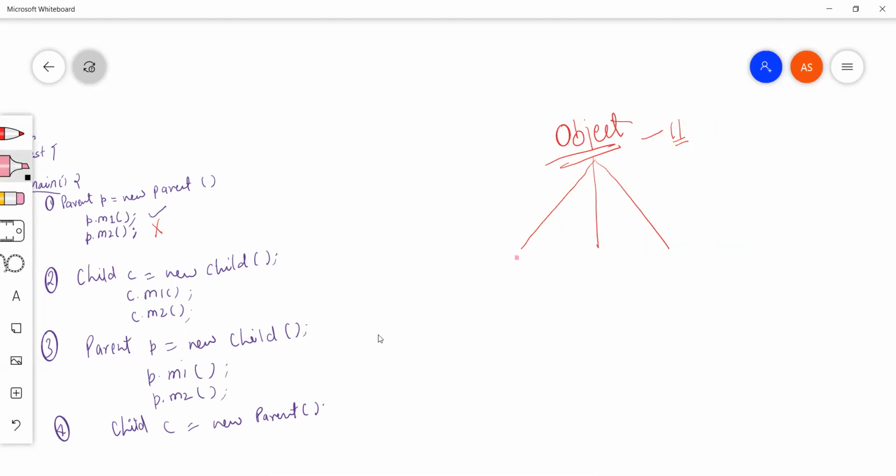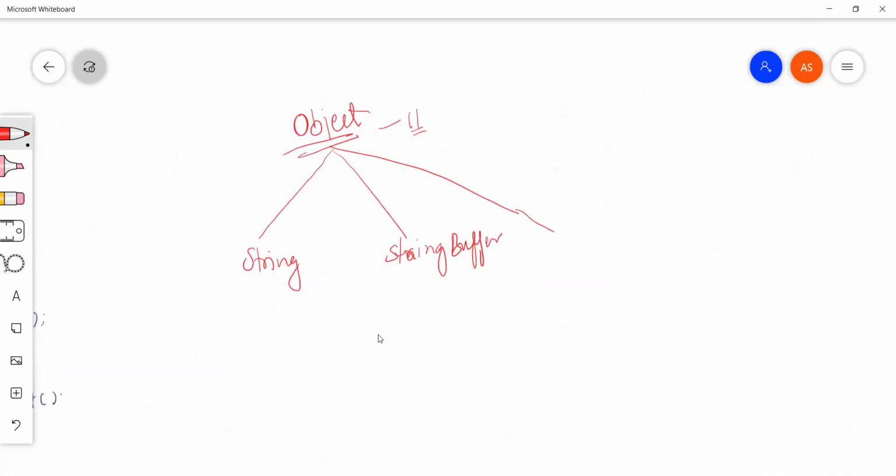So like we have string class, we have string buffer, we have class called throwable, then we have class called exception, we have class called error.